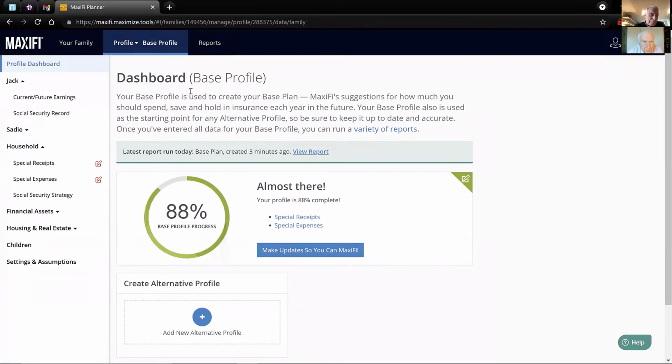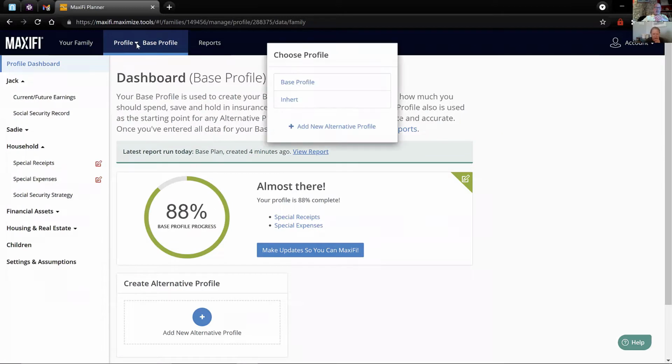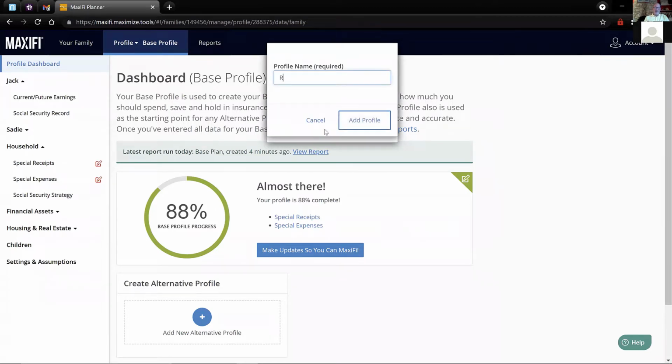Okay, so I don't want to just keep changing my base profile and running it again. One, I'd have to remember the 97003. It'd be hard to compare. What I want to do is create a what if scenario, an alternate profile. So I click this little down triangle. There's a couple ways to do this. This is the way I always do it. It brings open this panel, and I'm going to add, see right here, add new alternative profile. And I'm going to call this retire 2